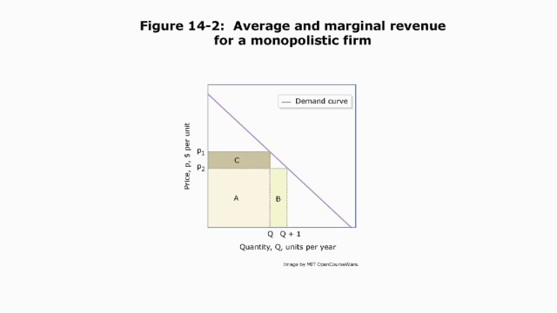Now, we're going to make one assumption here that's very important. We'll come back to this at the end of the lecture. We're going to assume that the monopolist can only charge one price for their good to all consumers. So most of this lecture, we're going to assume a non-price discriminating monopolist. Bill Gates can't look at you and say, you look like you really want Windows, I'm going to charge you more than her. He can't do that. He has one price. He sells it to the stores at one price. So it's a non-price discriminating monopolist we're going to work with for the first two thirds of this lecture.